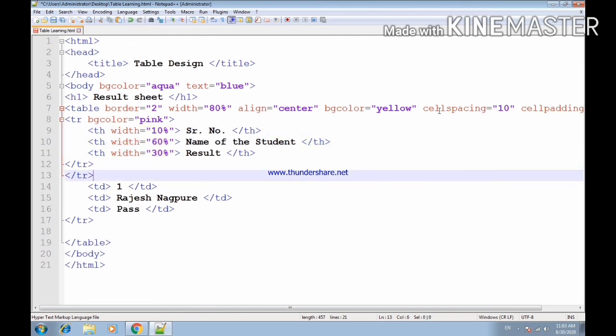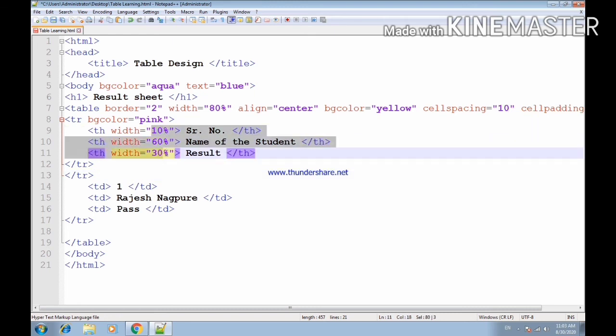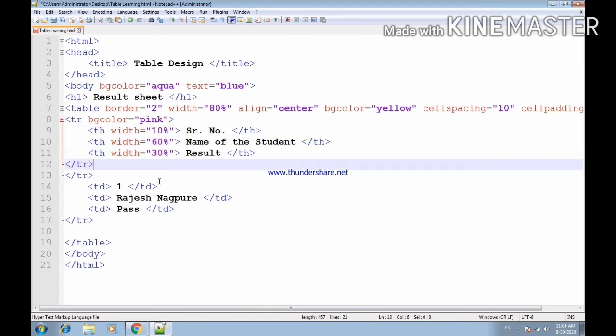So ultimately, considering the table structure 100%, the entire table is separated into multiple columns with specified width. Now once I have specified the width in the first row, it will be applicable to the entire row below it.